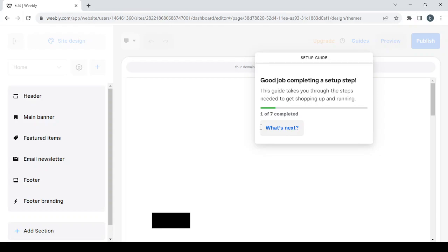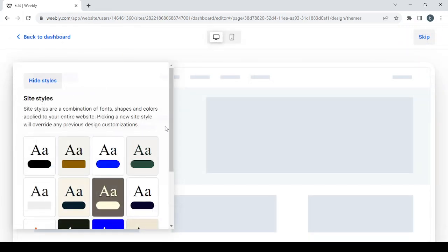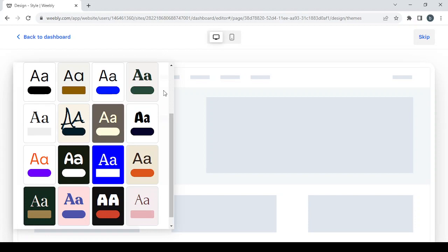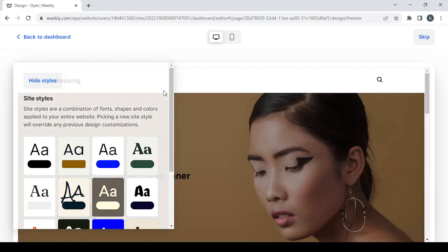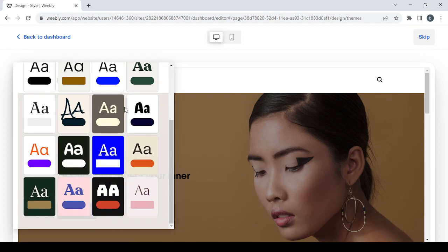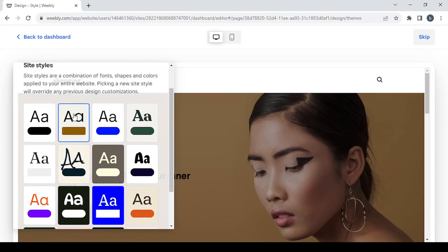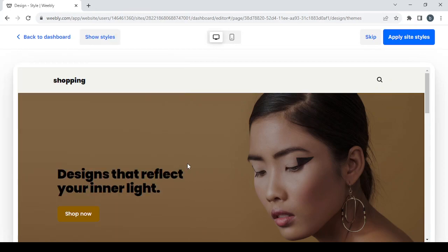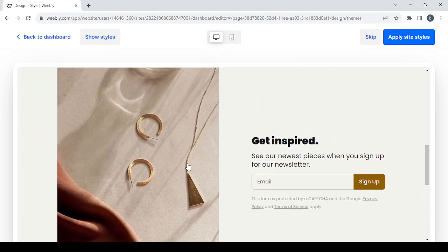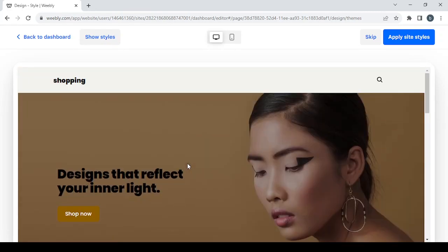And here we have the styles, which is the first step of creating our store or designing our store, choosing one of these styles. So you can always change the style whenever you want. It's just the first step. So here I'm going to choose this one as my style, and I'm going to click on hide styles and check if it fits the store. So I think this style will do the job. Then click on apply site styles,